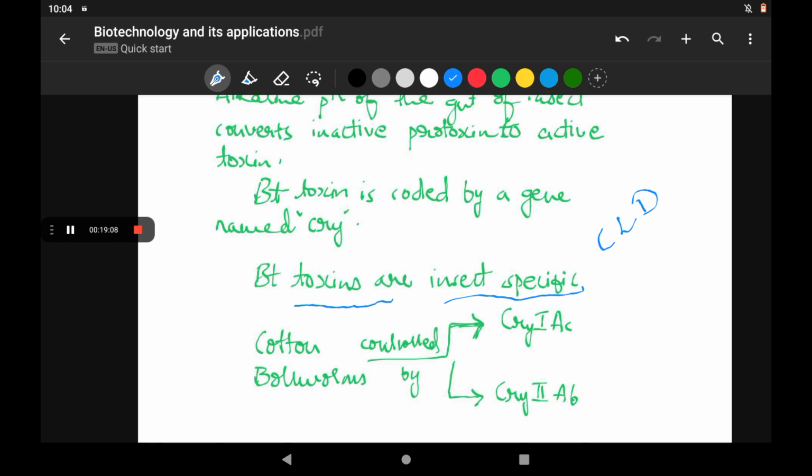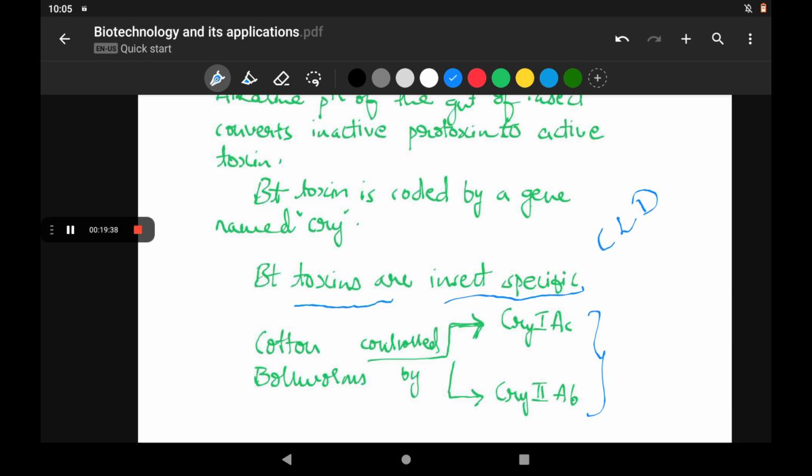So in order to remember in this systematic way, I always give my students these words: if you cry for the first time, you get AC. If you cry for the second time, you have to develop apps. So that is how I ask them to remember these two of them. So Cry1Ac, Cry2Ab. These are the two genes which control the cotton bollworms because they are going to produce